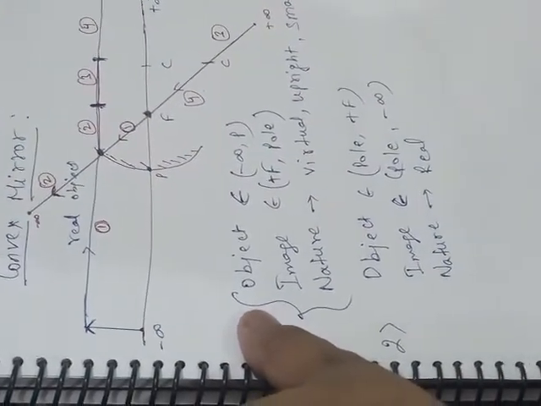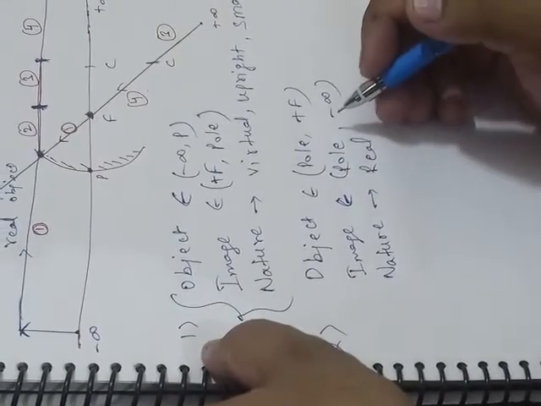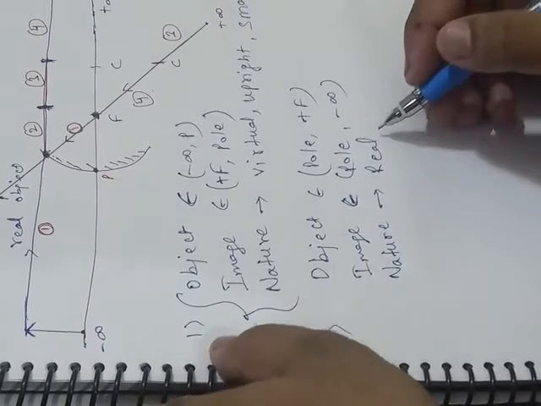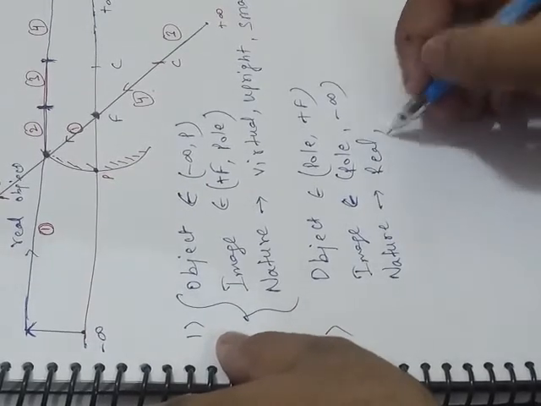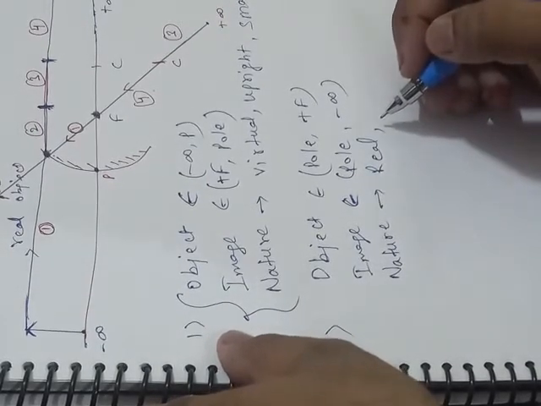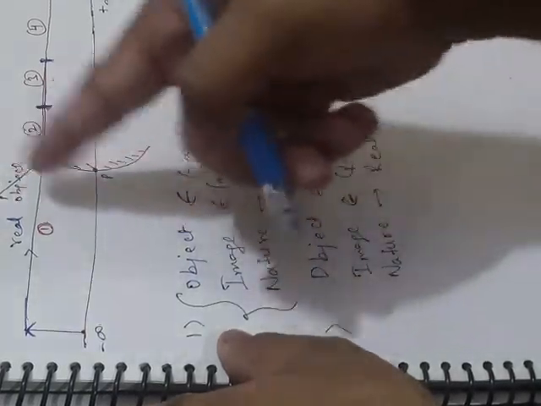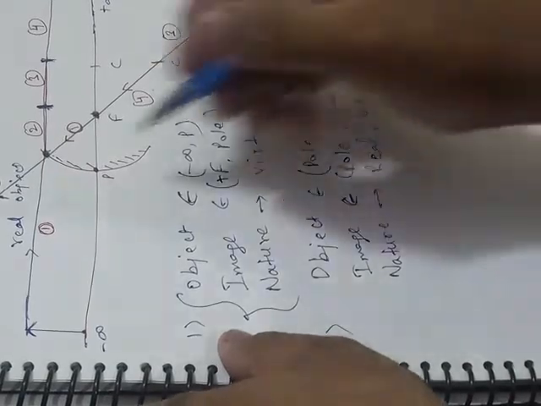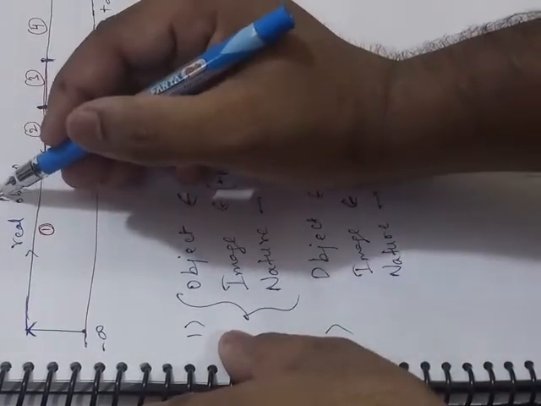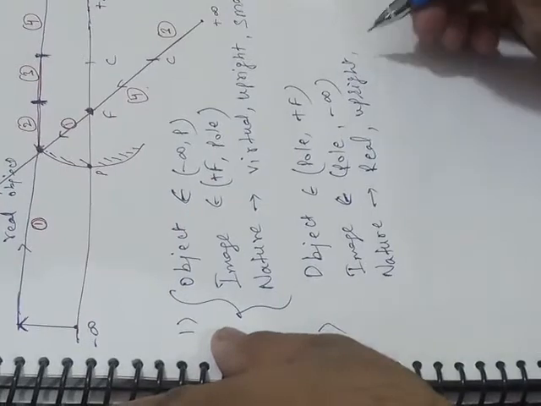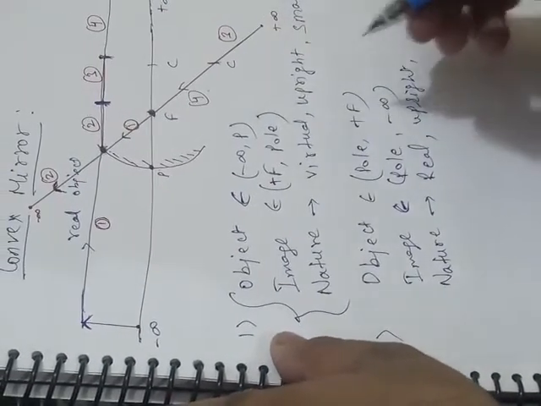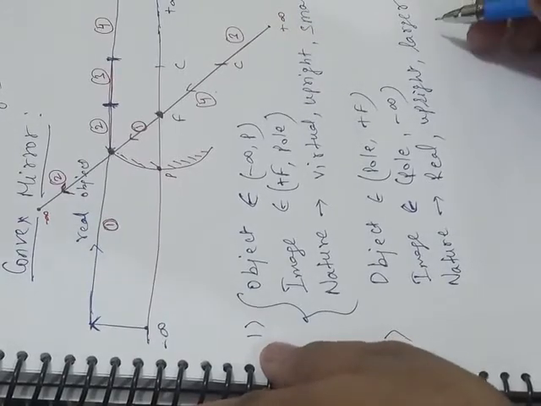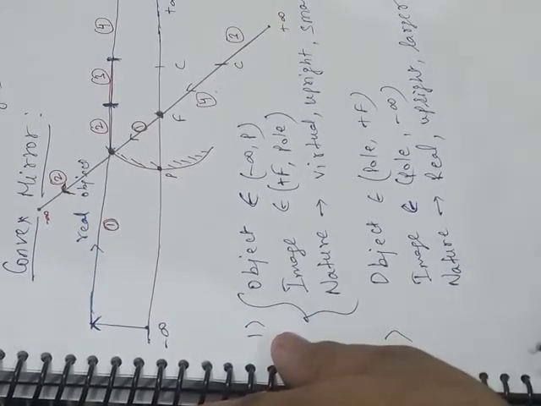See, so if you think that the convex mirror does not form a real image, you are wrong. In this case, we can see here the image will be real. Then inverted or upright? This will be upright only, because the arrow mark of the image will be above the pole, not below the pole. And size will be larger. Okay, so it is very easy to see the diagram and directly write this.